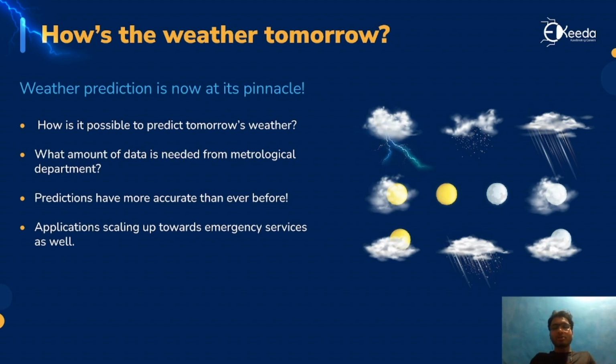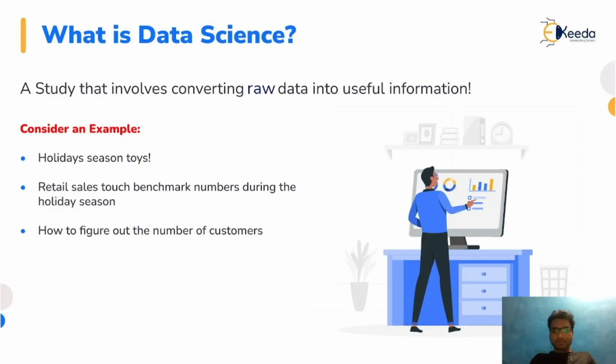All this is because our data volume is quite higher as compared to previous years, and that is making it possible. So our predictions are good, our services are becoming better day by day. This is one example of data science use cases. There are n number of examples you can see in the recent period where data science is applied and quality has actually improved a lot from the past. So let's proceed further.